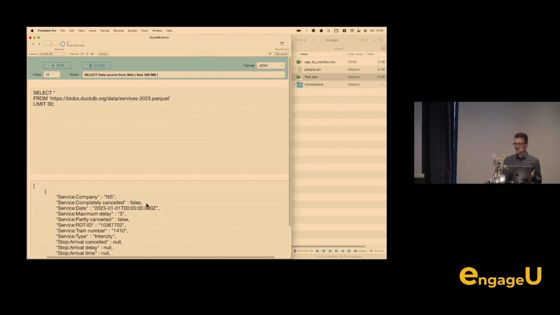Why is it possible? Because it does not load 300 megabytes of data, but it has an internal pointer to the Parquet file and knows where to look up the bytes we need and only grab this portion of the data. Parquet is a highly sophisticated format for data storage. It's under the Apache license, and it's worth diving deeper